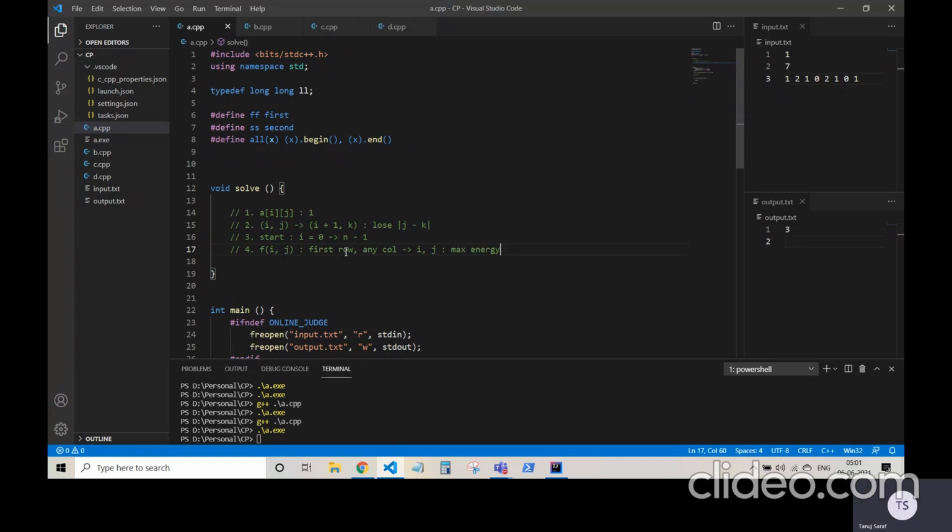Now the journey from the first row to the ith row is independent of the journey from the first row to the I plus 1th row, right? I do not care what are the values in the I plus 1th row or beyond that. If I was given a matrix that was only from the first row till the ith row, then I can compute the answer from that without knowing the information about the I plus 1 and I plus 2 rows, right? So we can see that we have a similar subproblem, and this hints us at using some kind of a dynamic programming solution, right?